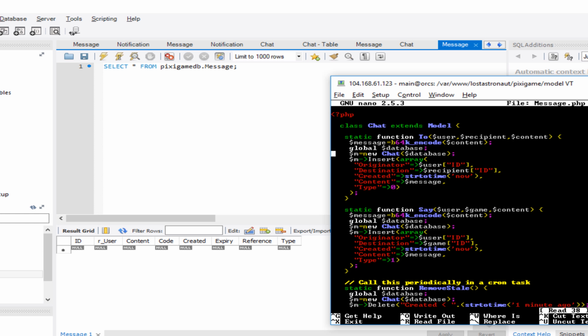So the recipient is our user and not destination. So we know that a game lobby does not receive this. The originator is not that. It's actually reference. And then there's the type. So reference ID, really. So that's fine. And then who it's going to,